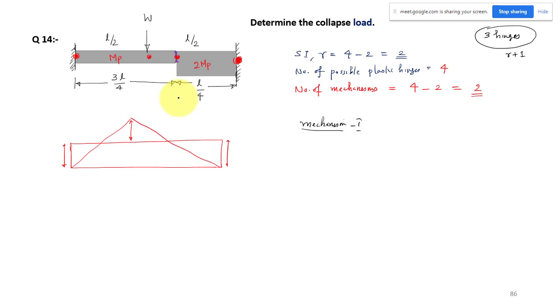Okay, so we will take 2 cases. The first case is these 2 hinges are forming at the fixed support, because at the fixed support the peak moment, the maximum moment, will be at the 2 supports. So the first 2 hinges will be forming at the supports, and the third hinge we will take at the point of application of the load at this point. Your load is acting at the midspan, L by 2. This is L by 2. So that is the first